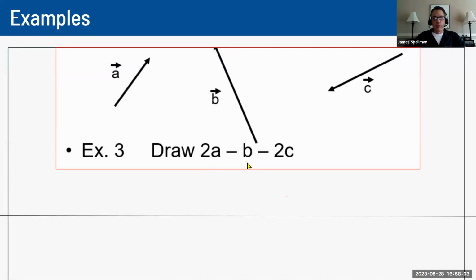If we wanted to draw 2A minus B minus 2C, I think we have to manipulate these a little bit. So 2A would simply mean I need to double the length of this first arrow. If I do negative B, that means I need to flip the B arrow around so that it goes in the opposite direction, because that's what the negative says. And then if I did a negative 2C, that kind of puts both of them together. I need to flip the arrow around and double the length of it. Once I had all that done, I could simply just connect all